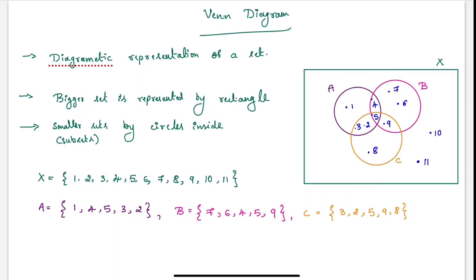A Venn diagram is basically a diagrammatic representation of a set. This will be very helpful in studying the operations of sets. Basically, we can visualize the operations easily, so we can understand them easily. First, in a Venn diagram, when we are drawing it, you can see the bigger set, which is called the universal set,